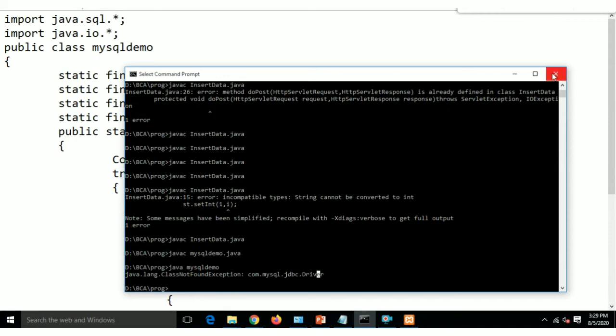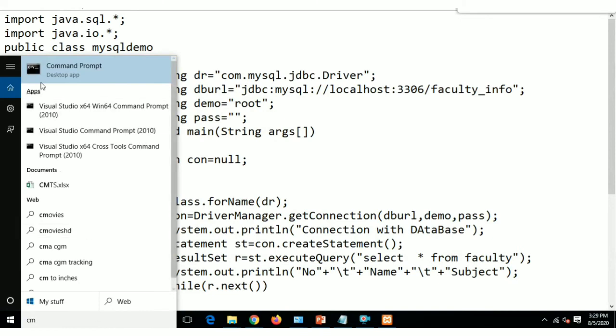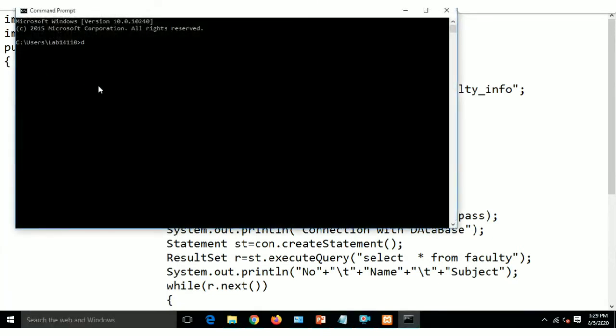Here some error occurred because we just set the jar file while our command prompt was already open. So we close the command prompt, and again we compile the program and run it. So javac MySQLDemo.java, and now we run the program, java MySQLDemo.